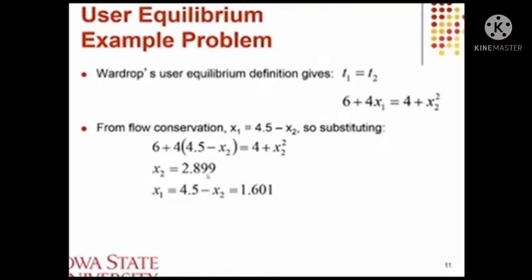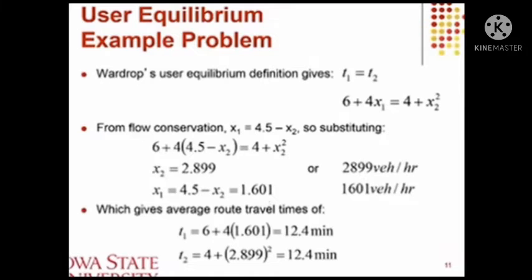So, the answer for x sub 1 is 1.601. So, the value of x sub 1 and x sub 2, we can multiply it by 1,000. So, the answer is 2,899 vehicles per hour and 1,601 vehicles per hour, which gives average route travel times of